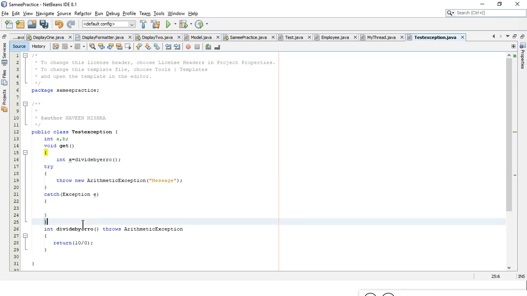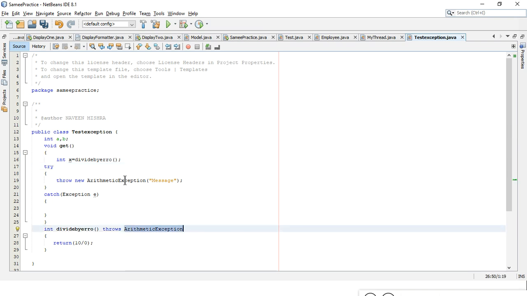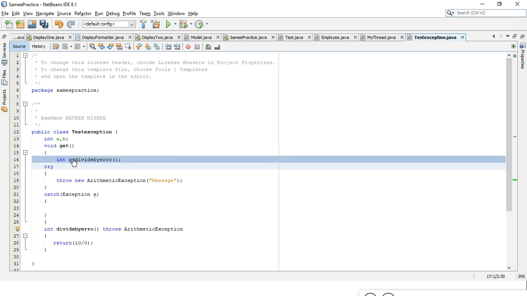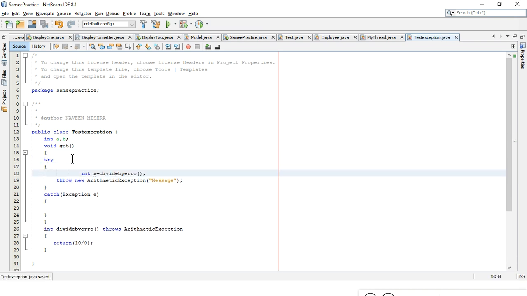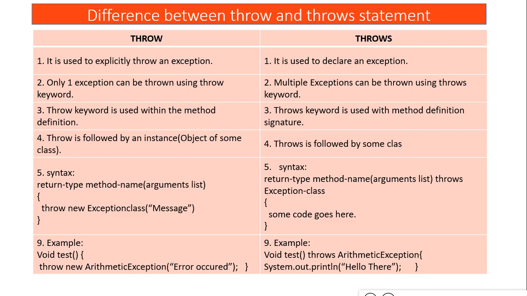Because this method is throwing an exception, this line should be placed inside the try block. So whoever calls a method which doesn't handle the exception but is throwing the exception must call that method inside the try catch block. Okay, so there you go.